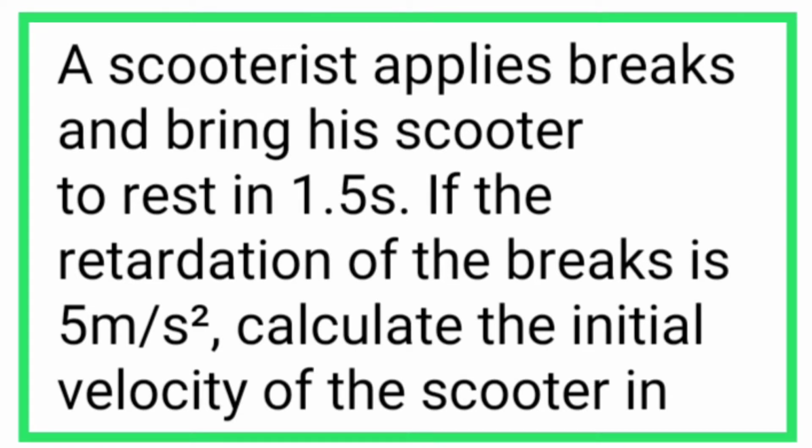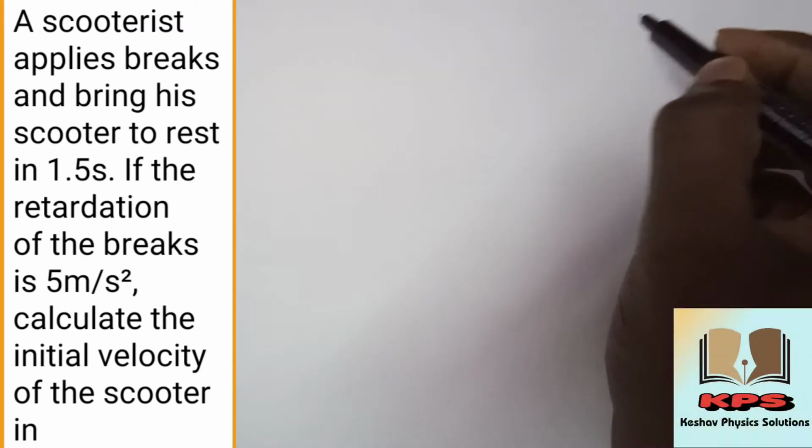I'm going to explain a problem from the motion chapter. A scooterist applies brakes and brings his scooter to rest in 1.5 seconds. If the retardation of the brakes is 5 meter per second square, calculate the initial velocity of the scooter. Means, from the problem,